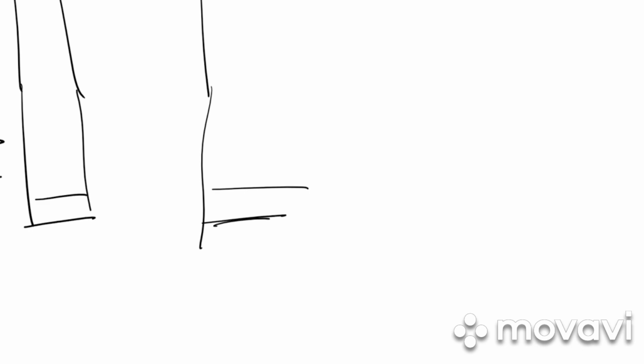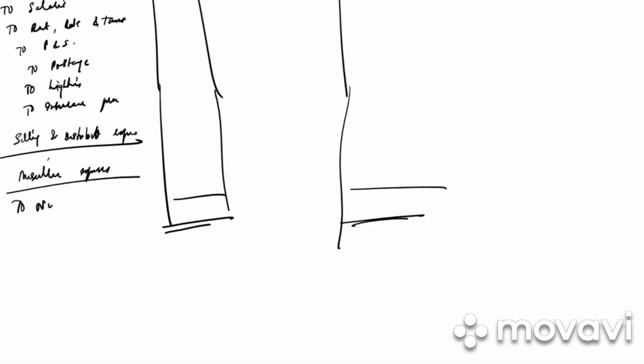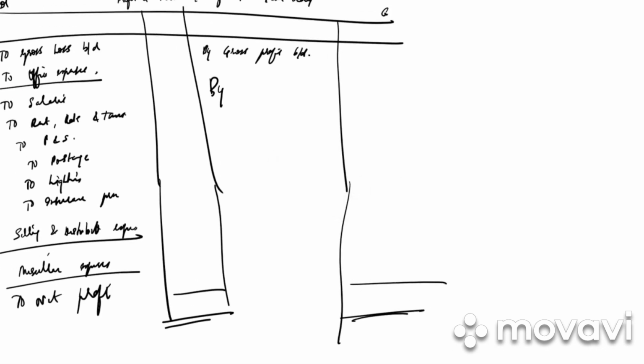So now if our credit side is more than the debit side, we get net profit. And if the debit side total is more than the credit side, we get net loss. So after all the expense and income, please write to net profit on the debit side, and on the credit side write by net loss. So in the profit and loss account, we will not be writing the personal expense of the proprietors, such as household expense, life insurance premium, income tax. These expenses are drawings and it will be written in the liability side of the balance sheet. Here we will be writing only expenses which are related to the business. So clear?